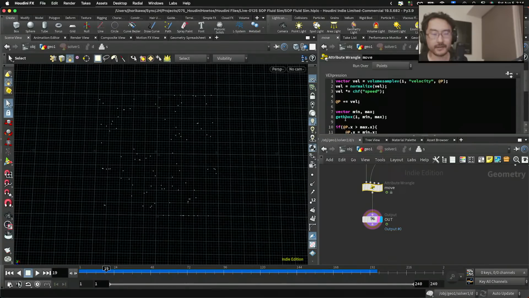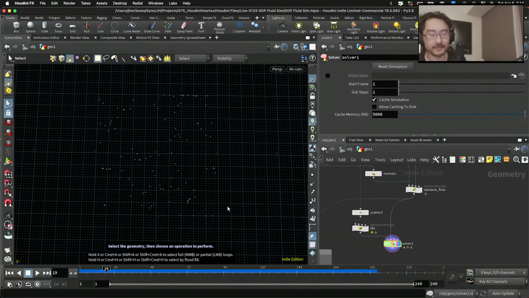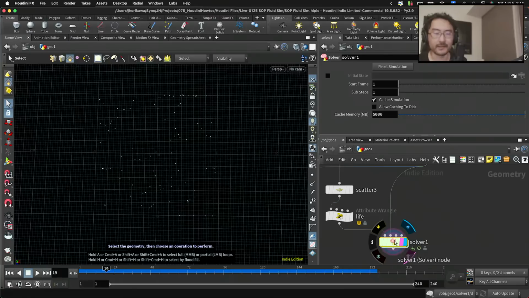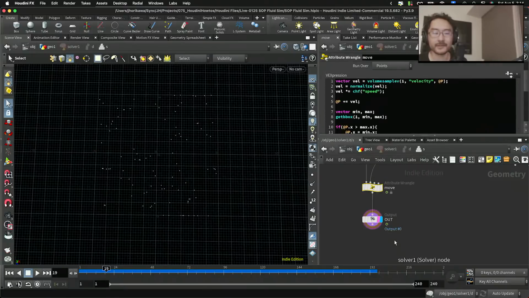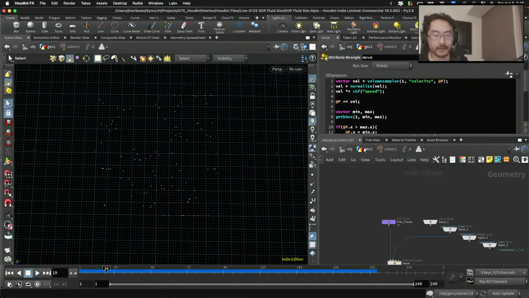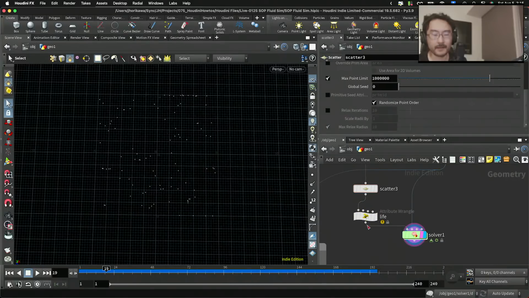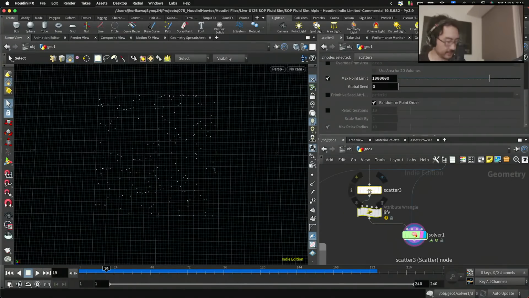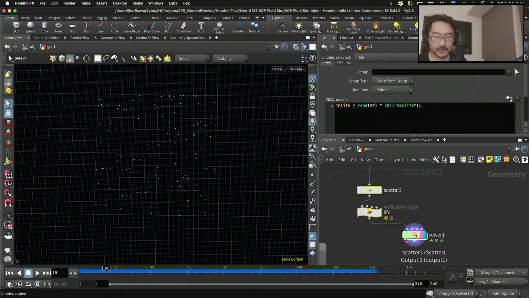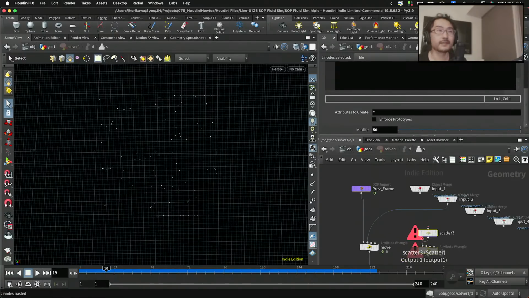Okay, so for now that's okay, but obviously I have too small number of points to make it look like a flow, make it look like a fluid. So let's create a bunch of points on each frame as well. To do that, I am going to incrementally add additional points, probably using the same setup that I have here as initial points. I'm going to copy this, paste it here, and